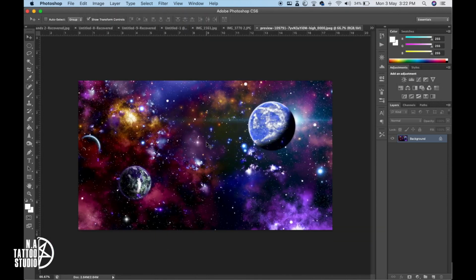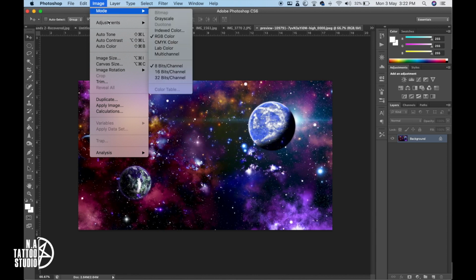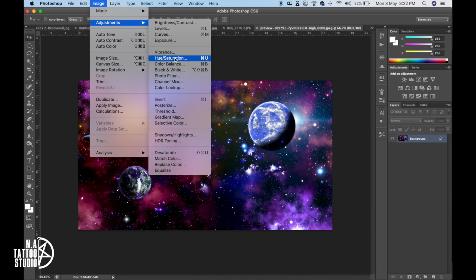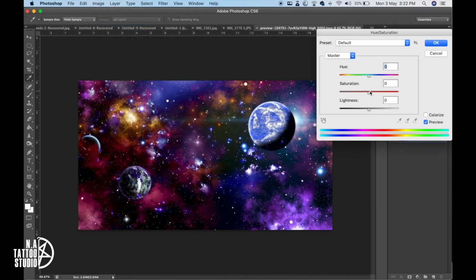Now this image has too much fine detail. I want to have a background that is a bit blurry and serves as a background to the mantra I will be placing. Now let us just adjust this image a bit. I'm going to Image, Adjustment, and then to Saturation. I'll be reducing the saturation to 100.